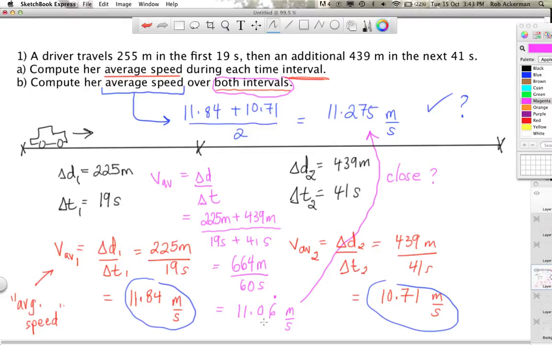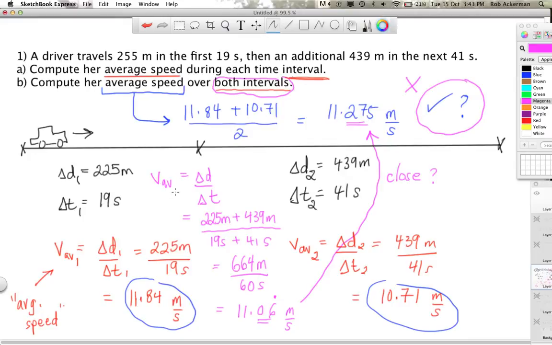We're only off by a few tenths of a meter per second, but actually, as it turns out, this was incorrect. Why? I'll leave it to you to think about that for a moment. Pause the video and think about why this one is wrong. To help convince you that this one is wrong, let me first try to convince you that this one is